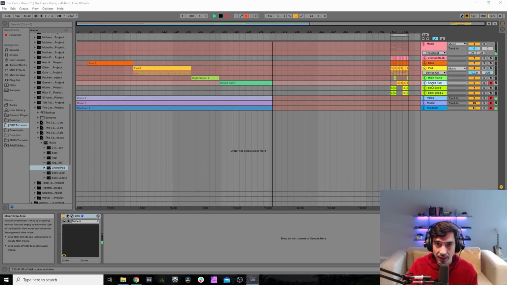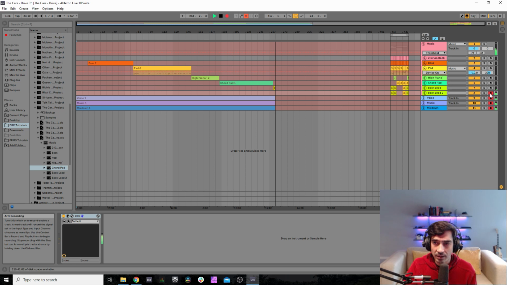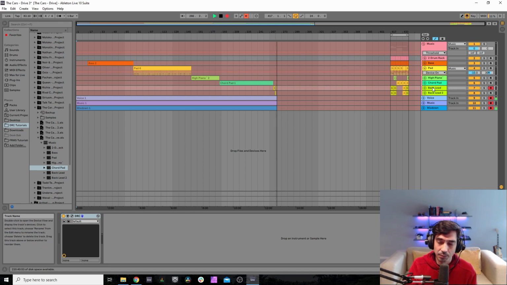Now for the backlead sound, which is this sound. And as you can see, the other sound is exactly the same sound as the one before. I just made one playing with the pan on the left, and the other playing with the pan on the right with different melodies. But they are basically backlead and backlead 2 are the same patch exactly. So let's do now the backlead.